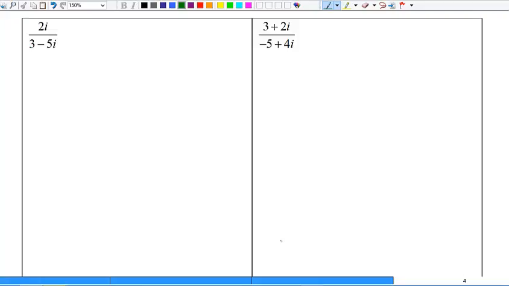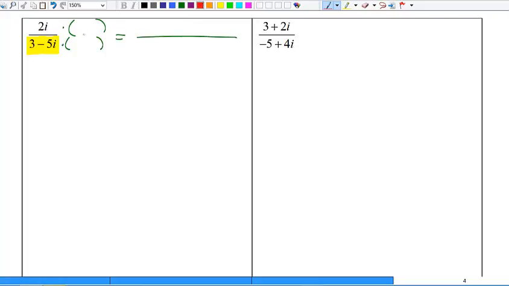On this problem, 2i divided by 3 minus 5i. Notice the denominator is a binomial. And because it's a binomial, I have to multiply by something clever so that I get no i's left in